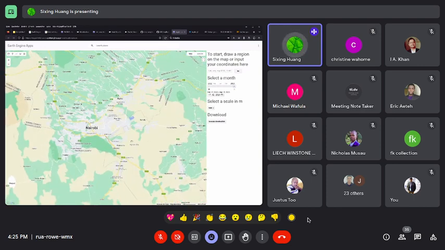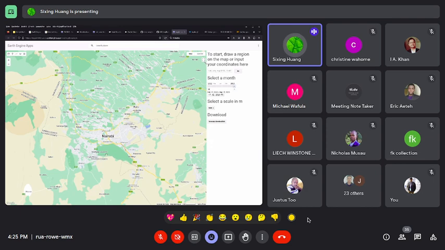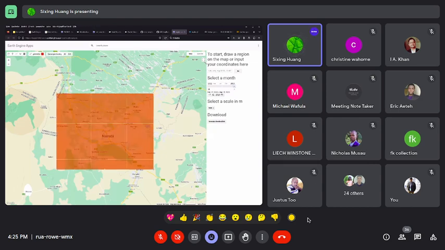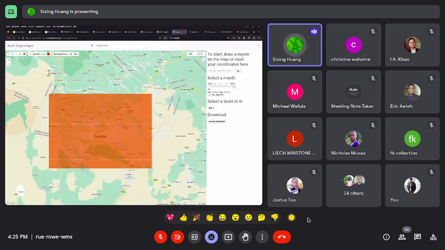So in this app, I will have the map area, and then here is the control element. So now let's say I want to measure all those things in the table around Nairobi. So then what I have to do is I have to draw a square, a rectangle over Nairobi, and then Google Earth Engine will calculate all the information that I need, and then I can generate a download link for this area. And then once I downloaded the data,